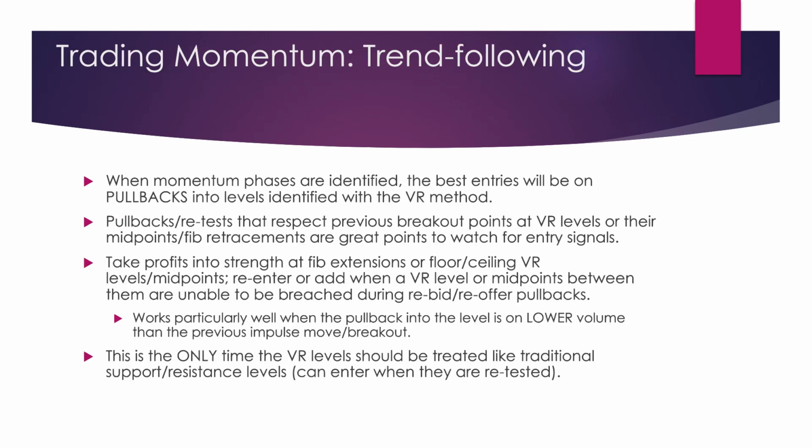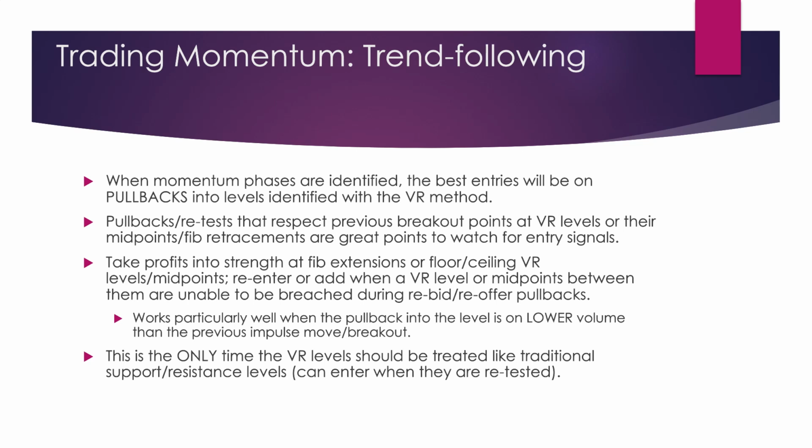So how do I trade momentum? I use a trend following technique when I know that all time frames are in agreement. So when I see one time framing, when momentum phases are identified, my entries are going to be on pullbacks into the levels that I identified with the method I'm sharing. So the VR levels, the midpoints, the fib extensions, etc. So these pullbacks then that respect those levels,